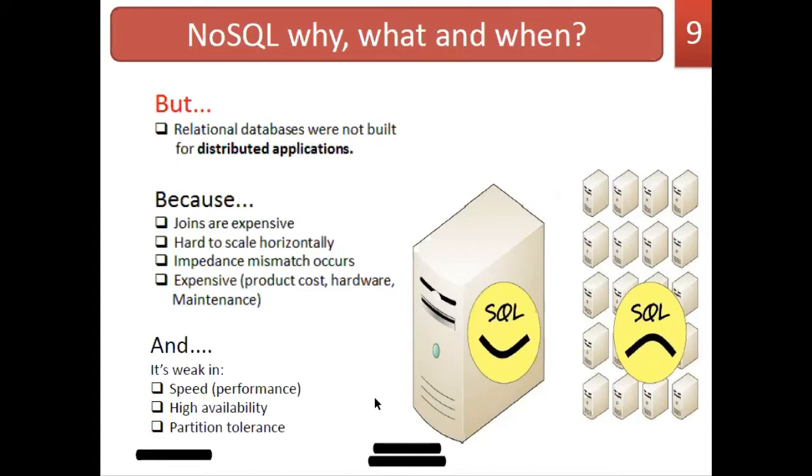In the images, you can see that SQL relational databases work very well in a single environment or a single server. But the same relational database model may not be as efficient in a distributed environment. This picture shows a distributed computing environment where the SQL relational database model may not work properly, that is, may not be so efficient. But if you are using SQL on a single server or a single computer, that is quite okay.